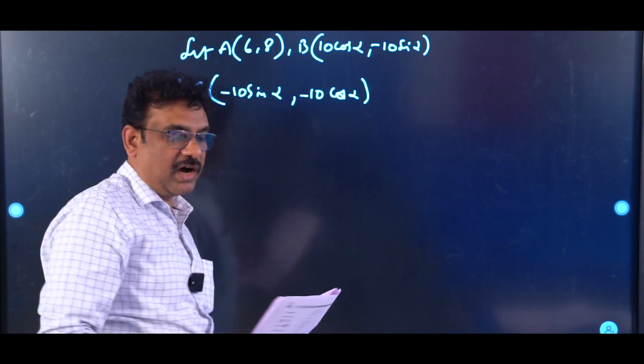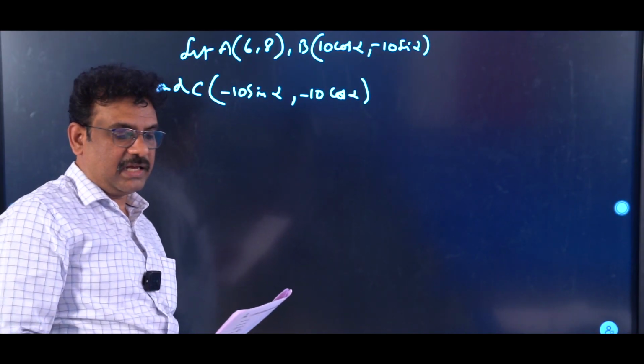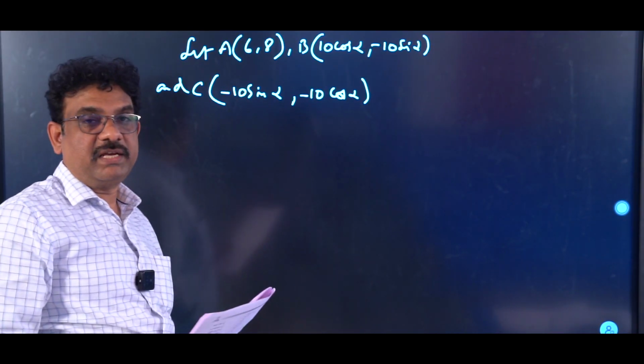Be 3 points. If orthocenter of triangle ABC is (0, 9), then 100 sin square alpha is